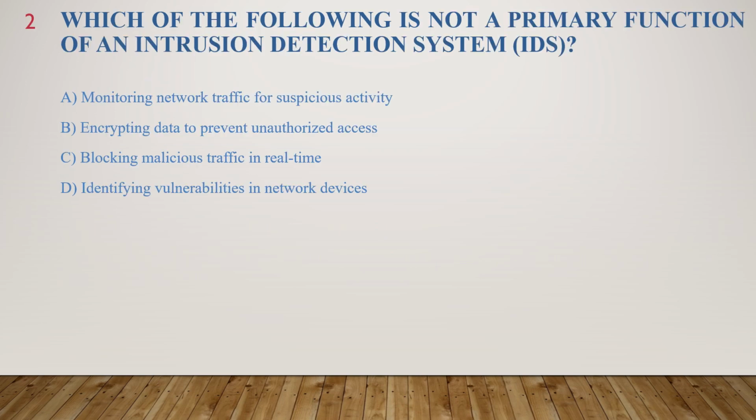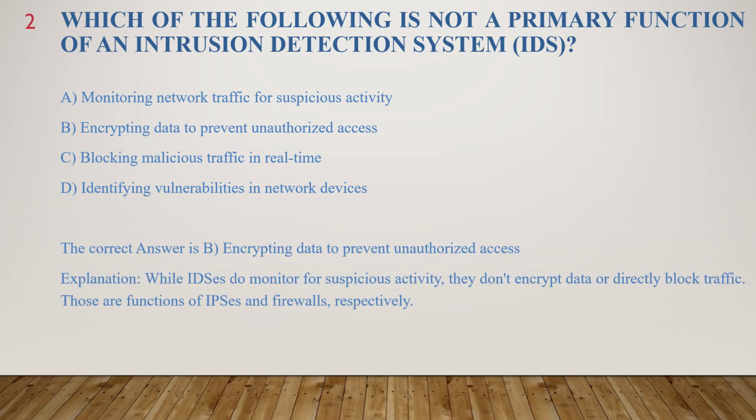Question number 2. Which of the following is not a primary function of an intrusion detection system, IDS? A. Monitoring network traffic for suspicious activity. B. Encrypting data to prevent unauthorized access. C. Blocking malicious traffic in real time. D. Identifying vulnerabilities in network devices. The correct answer is B. Encrypting data to prevent unauthorized access. While all the other options are primary functions of an intrusion detection system, IDS, encrypting data to prevent unauthorized access